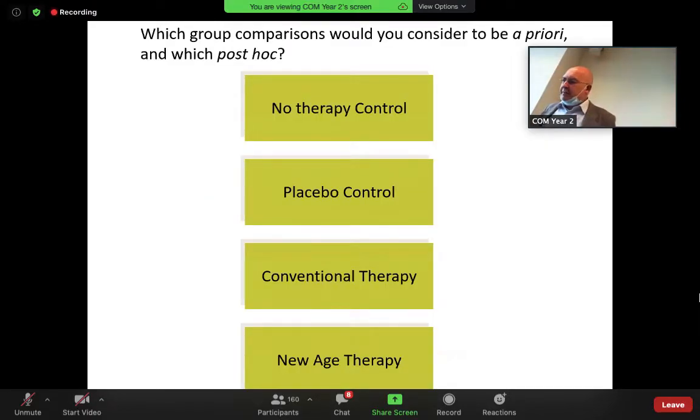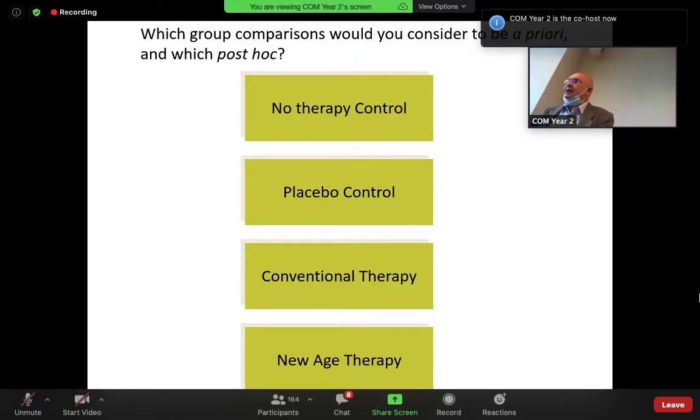Now this is quite a subjective procedure, and so I'm just going to give you, for the example that I used yesterday, for the Parkinson's patients, we had 4 groups. It's kind of subjective, I'm going to suggest some comparisons which are a priori and others that are post hoc, but you may disagree and you can decide other ones, okay? So, as I say, it's subjective.